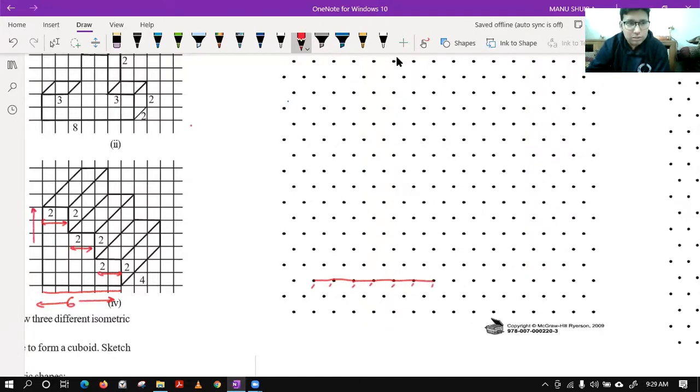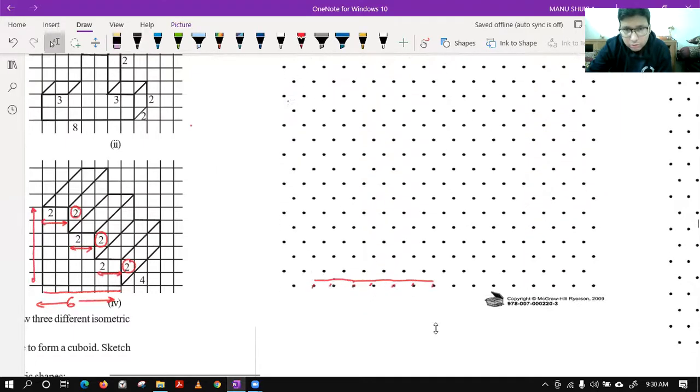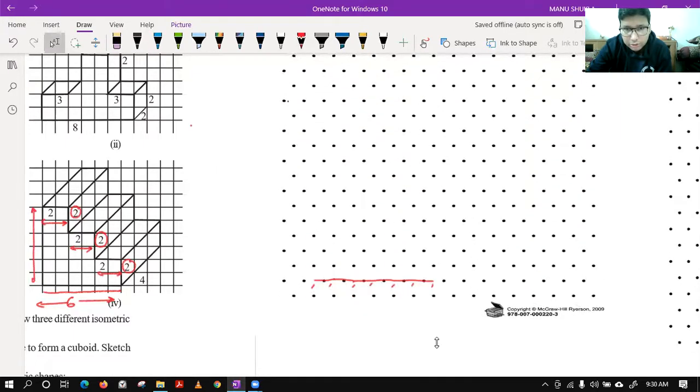Now tell me what is the height. Again, instead of counting the number of boxes, better you go with the given dimensions. It is also 2 plus 2 plus 2, that is 6 only. So again we can make the height in that way.